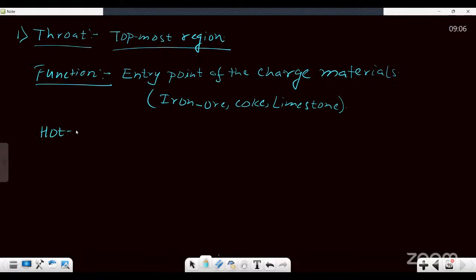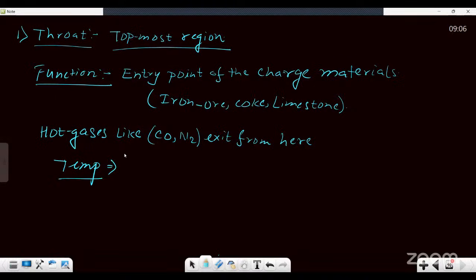So you can also say that hot gases like carbon monoxide and dinitrogen exit from here. Sometimes there is a bell or hopper system to prevent the gas escape. And what is the temperature? The temperature of this top part is about 200 degrees Celsius to